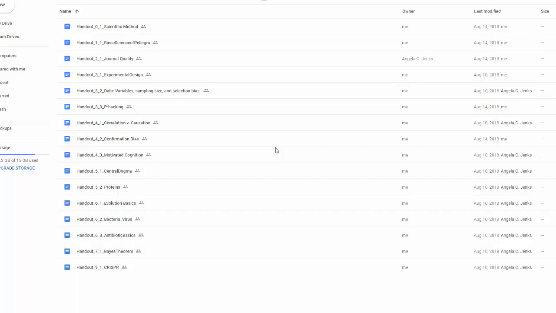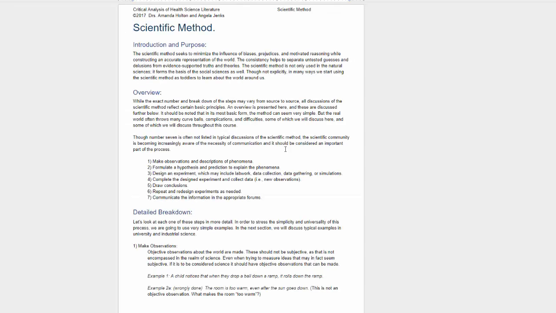And these folders have all your handouts for the quarter. These are subject to changes at any time, but the most updated version will always be here. So your first one, for instance, is a handout on the scientific method. These will all follow the general outline, or at least most of them will follow the general outline of